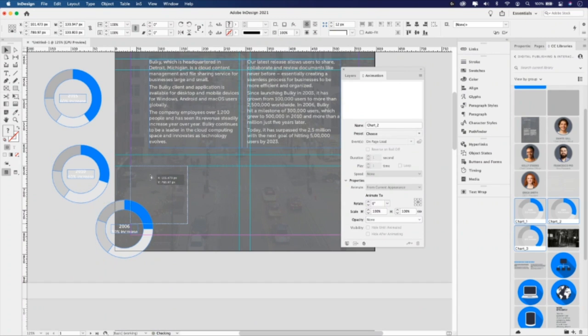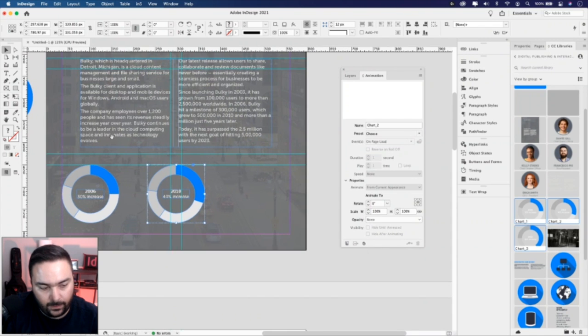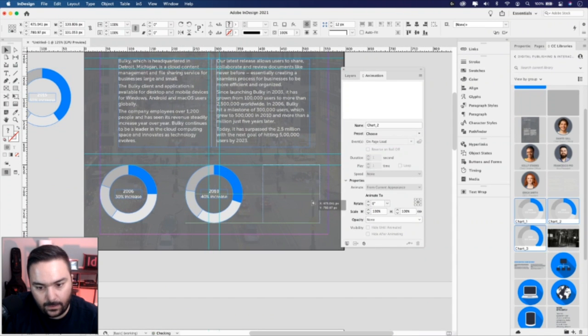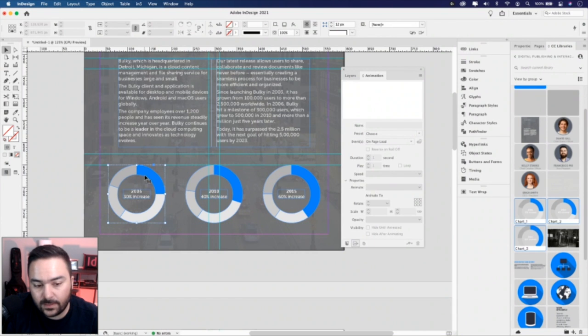The first one is 2016. The second is 2010, and I'll put that in the middle. And the last one is 2015. I'm just going to maybe decrease the space between the 2 or 3. And then let's make sure that they're aligned. They're all sitting on that guide, so they are. And let's distribute the spacing equally. Perfect.